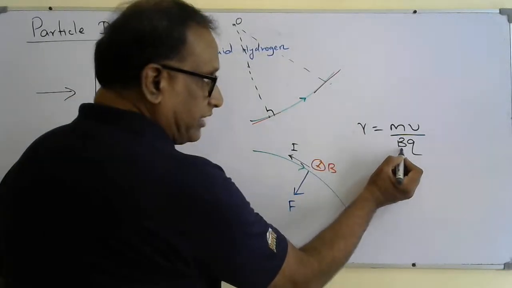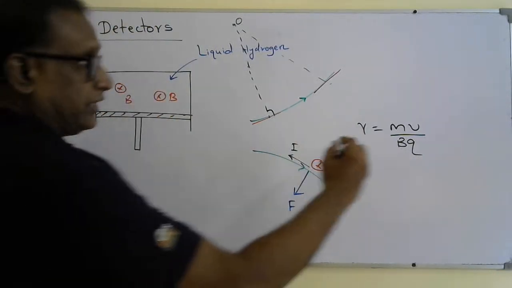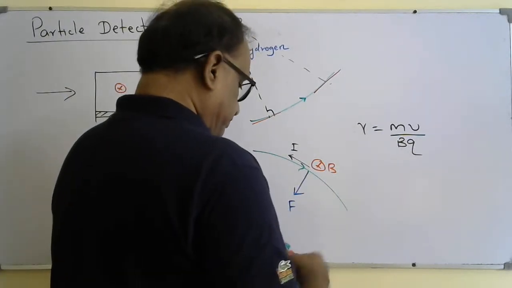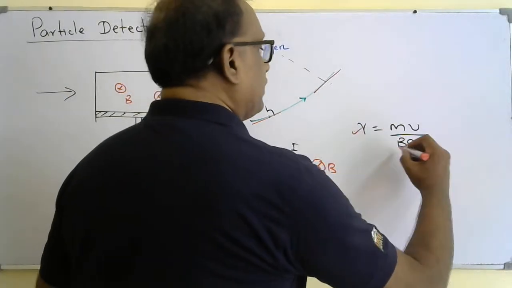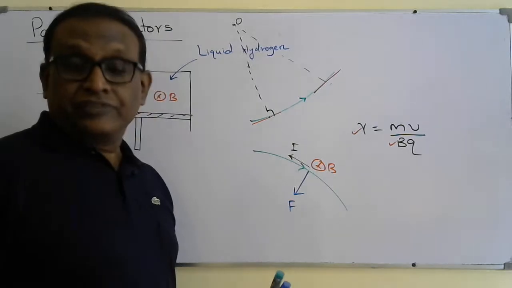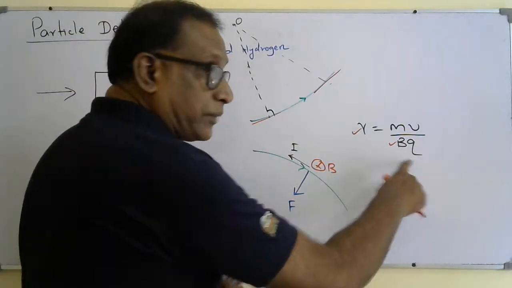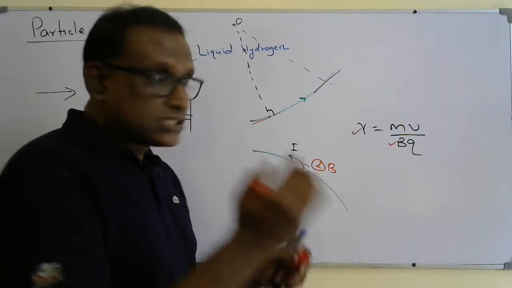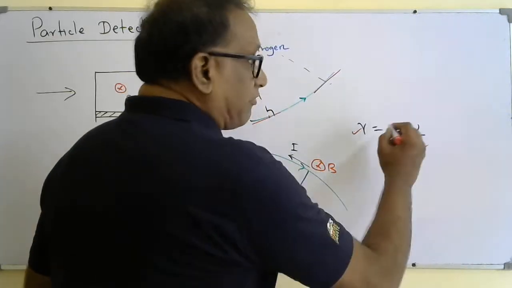We know the magnetic field strength we are applying here, that we know. So we know the radius of curvature, we know the magnetic field we apply. The charge of the particle we can find by using the thickness of the track. We can find the